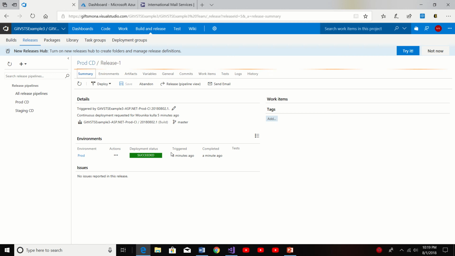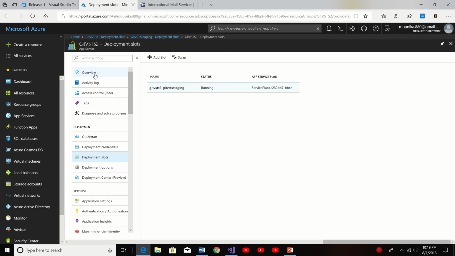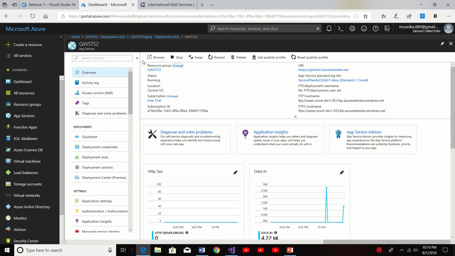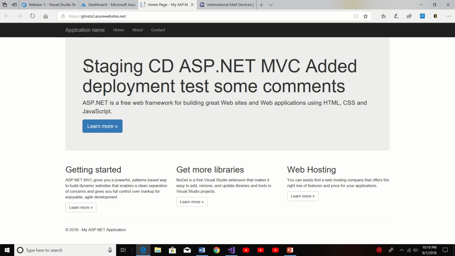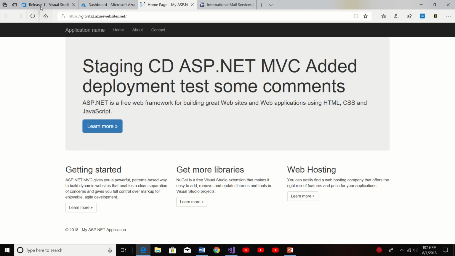So let's go to the dashboard and go to my main website. So this is the web app, the main web app. Here I can see staging CD ASP.MVC. So this means,